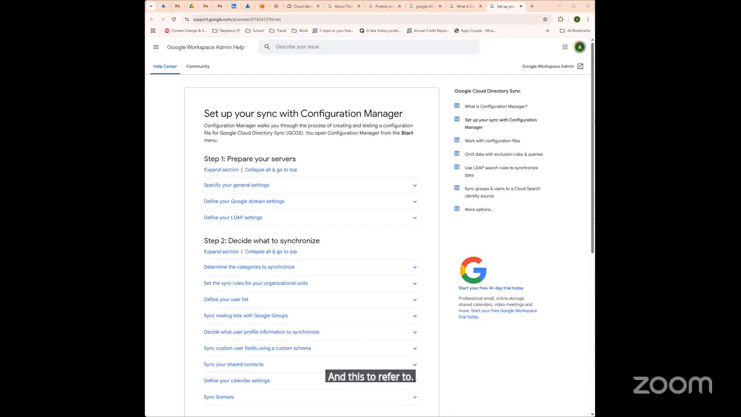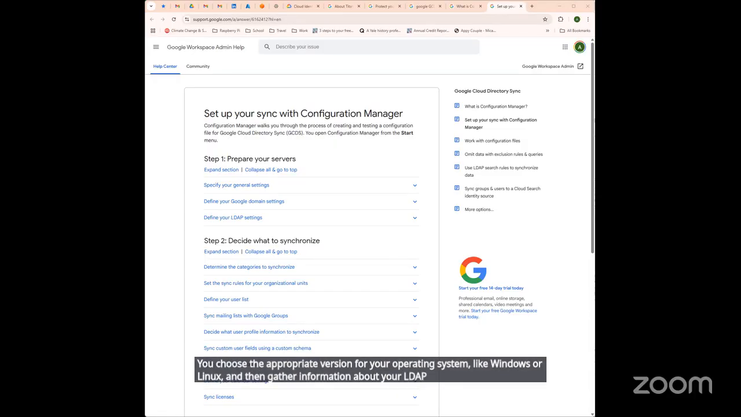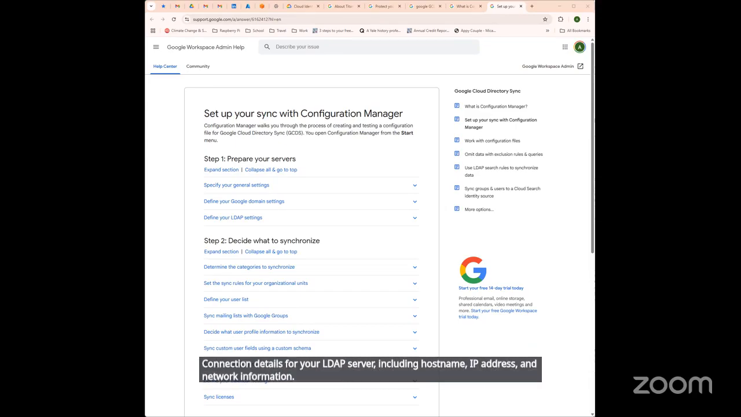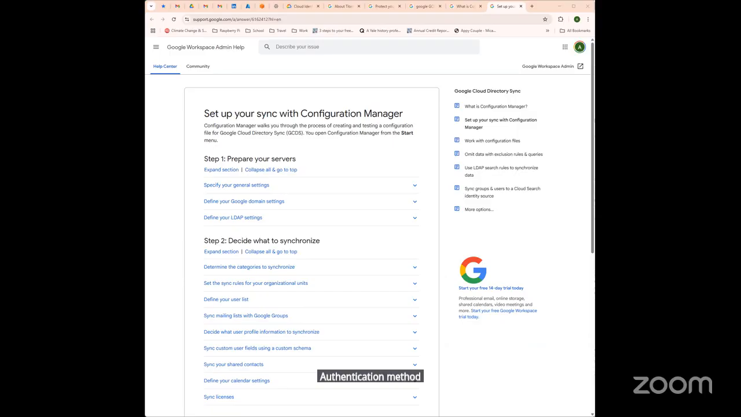Okay. One, download and install the GCDS on your server. You choose the appropriate version for your operating system, like Windows or Linux, and then gather information about your LDAP server structure, including tools like JExplorer or Softerra LDAP Administrator. You need to capture the LDAP-based distinguished names, security groups to synchronize, connection details for your LDAP server, including hostname, IP address, and network information, authentication method, like secure LDAP using SSL or standard LDAP, and then user credentials with